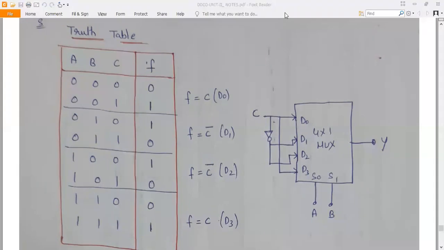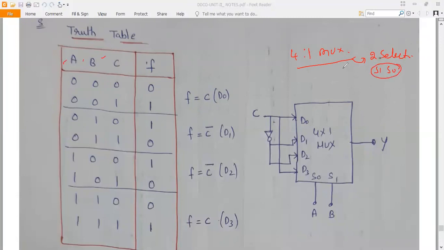Okay, we have written the truth table. Now what we have to do is implement it with a 4:1 mux. He is asking about the implementation using a 4:1 mux. For the 4:1 multiplexer, we need only 2 selection lines, which I call S1, S0. So here we have A, B, C.